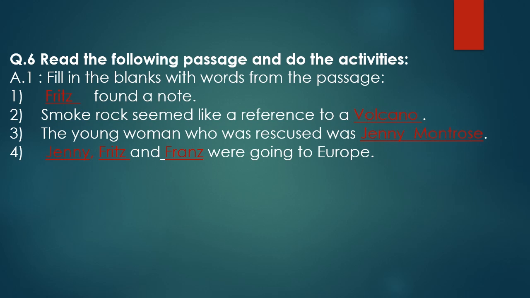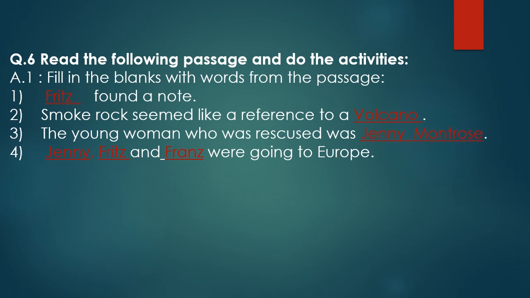Students, I hope each one of you is having the workbook, textbook, pen and pencil with you. Come to page number 16 of your workbook, that is question number 6. Read the following passage and do the activities. So you have the workbook with you. The passage starts from "On the shore of another island" and it ends with "then the ship departed." Right, students? Okay. Now we will see the first activity, that is A1. It's there on your screen.